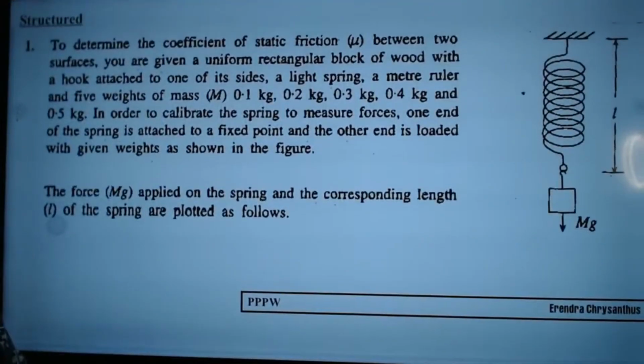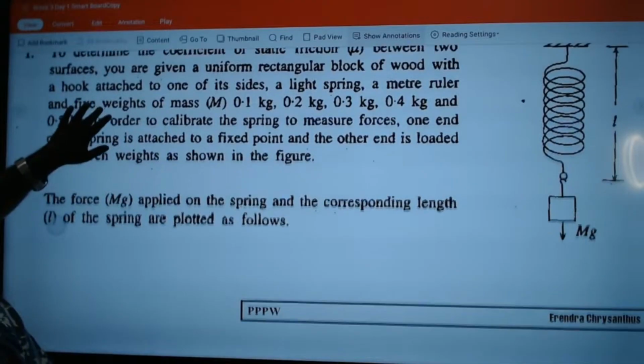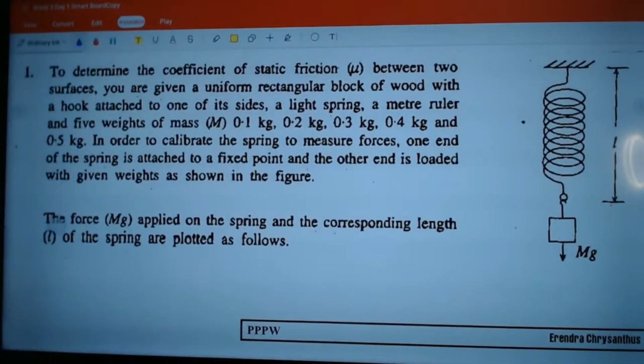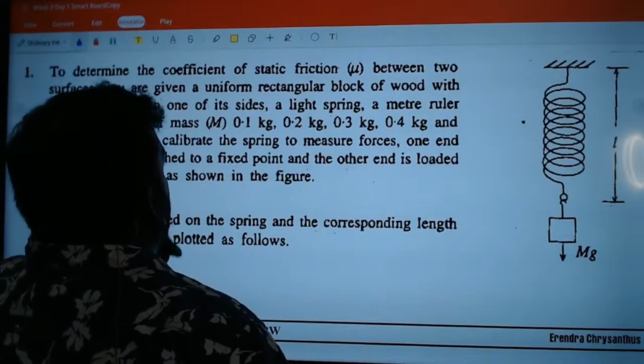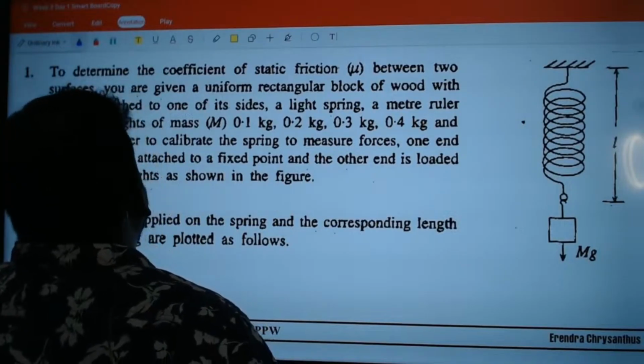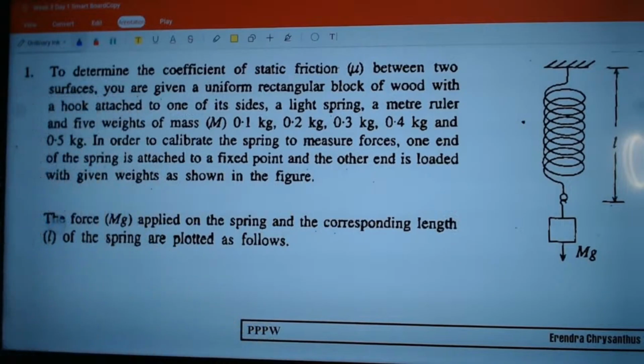So this is the structured essay question. Read. Determine the coefficient of static friction acting on the object when a uniform block of weight is hooked. Light spring, a meter ruler, 5 weights, 0.1, 0.2, 0.3, 0.4. In order to calibrate the spring,